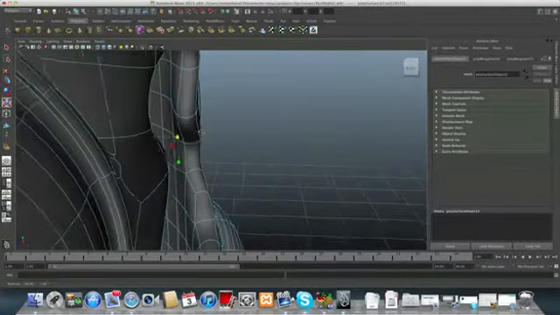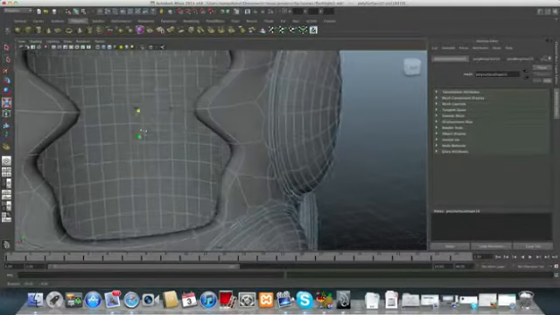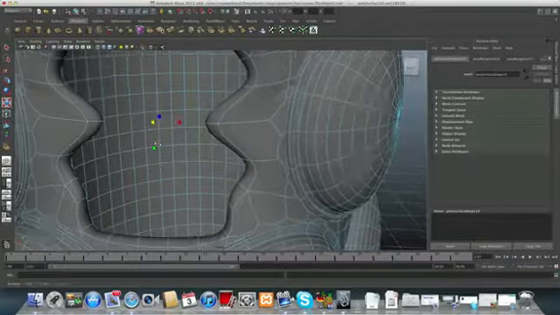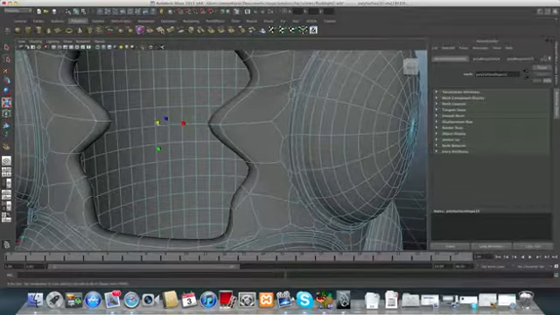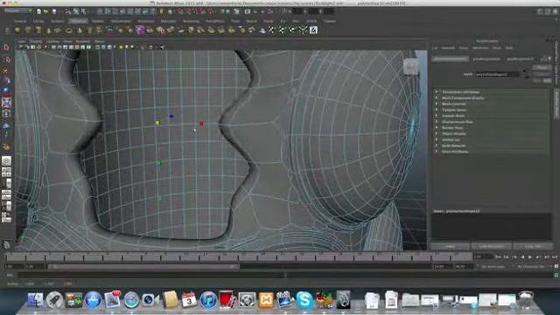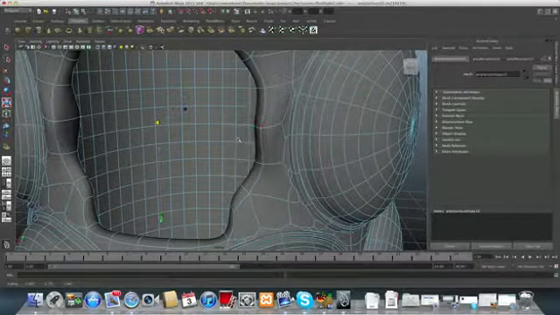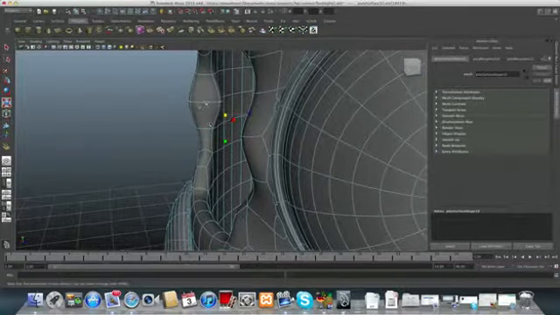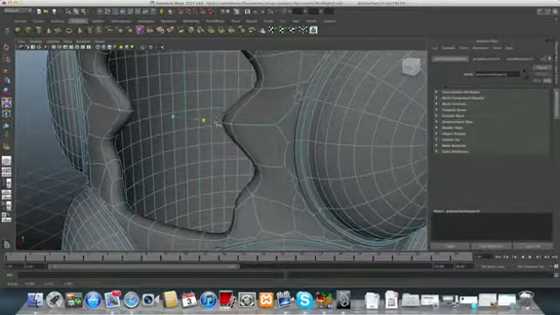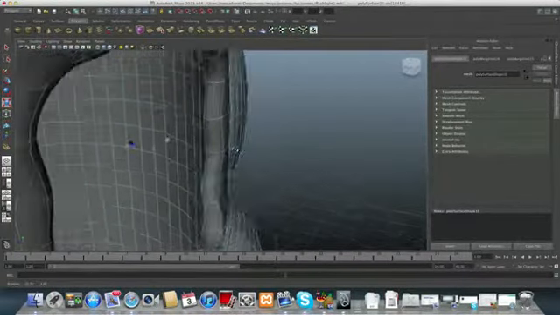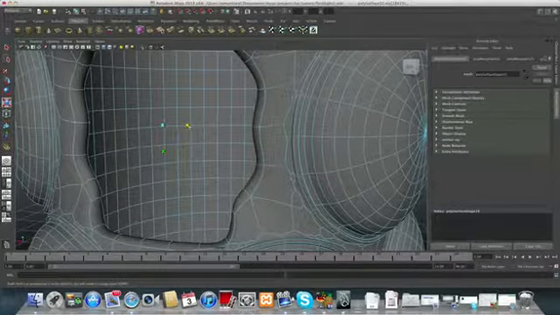I'm using the scale tool in order to bring them inside, and usually when I want to do this symmetrical way, I will choose the yellow cube, the middle cube. Okay, so that way they will be symmetrical, but I did something wrong right now. I used the middle one instead of using only the side ones, so that way they won't get thicker. Okay, so